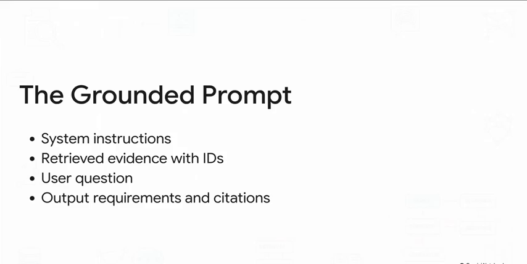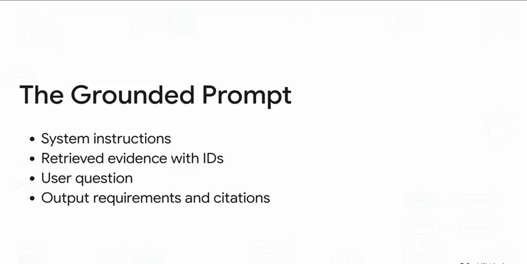Creating the prompt is way more than just passing a block of text. A top-tier answer here details separating your system instructions from the retrieved evidence. You've also got to provide stable source IDs for that evidence. You want to explicitly command the model to cite the supporting source for any material claims it makes. And honestly, most importantly, you have to command it to abstain or explain conflicting sources, rather than just silently guessing